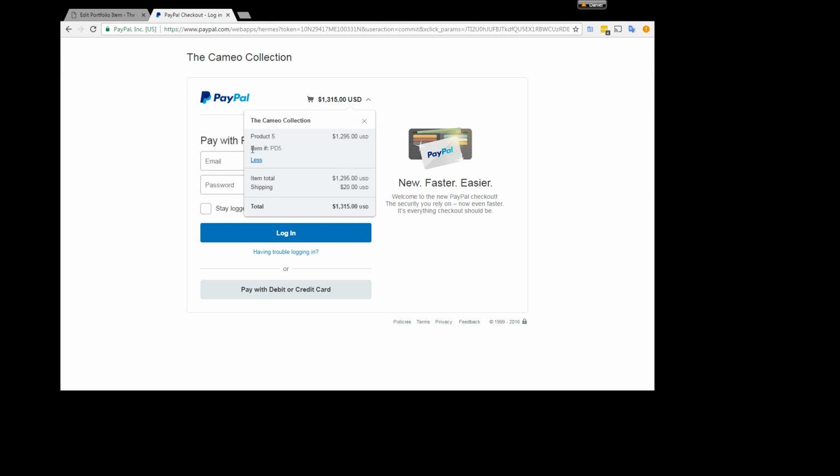If I click on more, it's carried over the product number, so that information will all be in the email you get from them. It does break down the item total and the shipping, so it's clear to the person purchasing what they're paying for the item and what they're paying for the shipping, and of course the total. So all that information is carried through to the